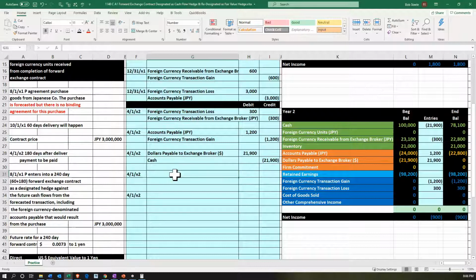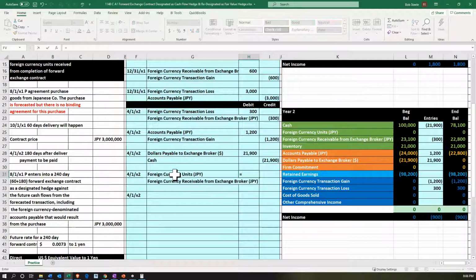So we're going to say, all right, well, it's just like any other asset. You might as well be calling this foreign currency units in yen. You might as well be calling it stocks or something like that. It's a pretty liquid asset, but whatever units it has, we're going to revalue them in dollars. So then the other side is going to be the foreign currency receivable going down,